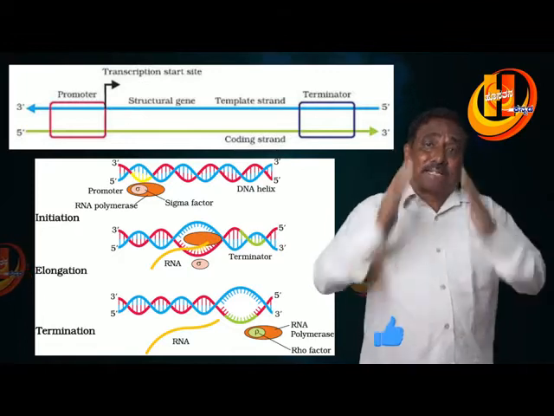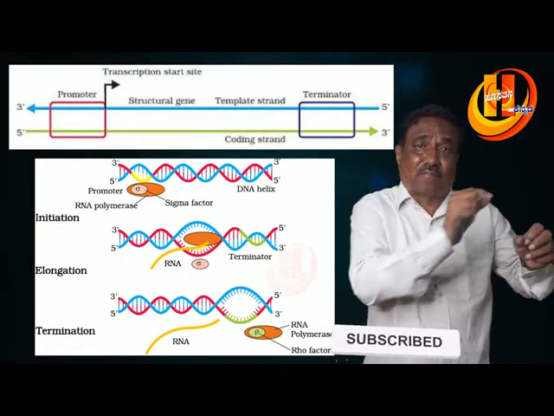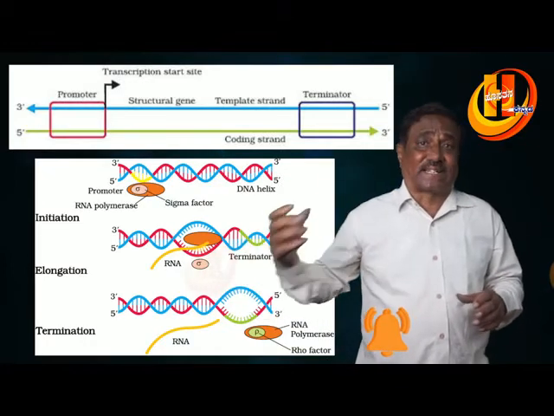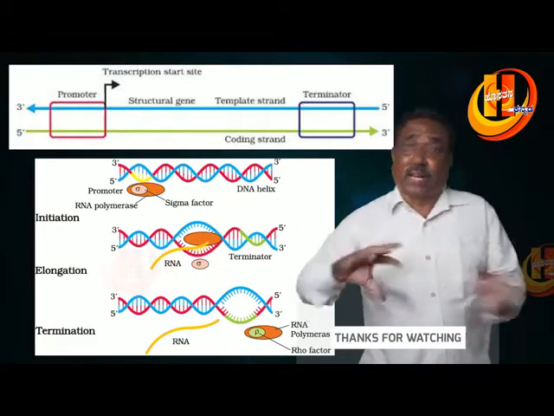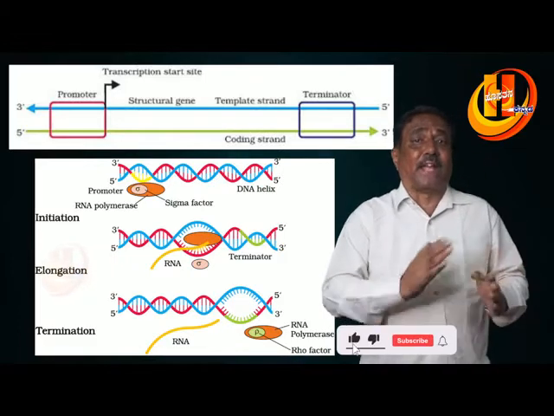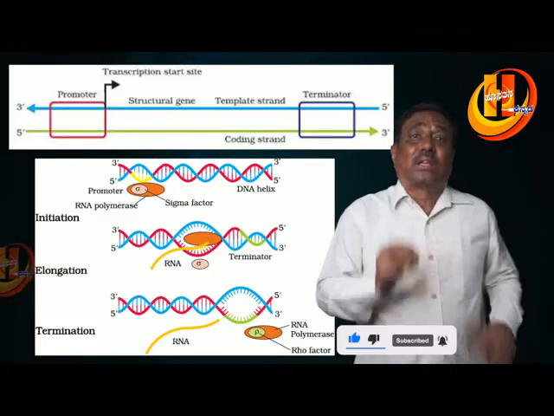The sigma factor plays an important role in initiation of messenger RNA, and for termination it is the rho factor present at the terminator gene that helps in termination of the mRNA. The newly formed mRNA falls off. So this is about transcription in prokaryotic